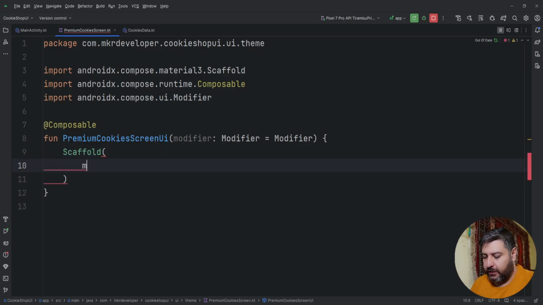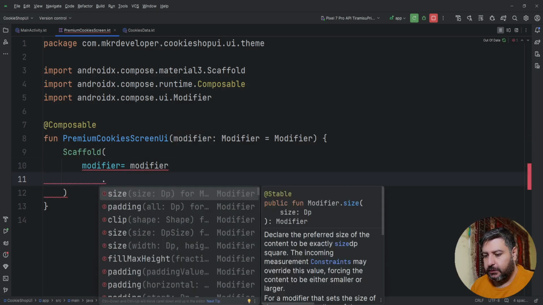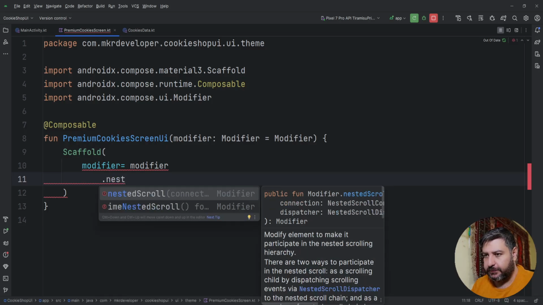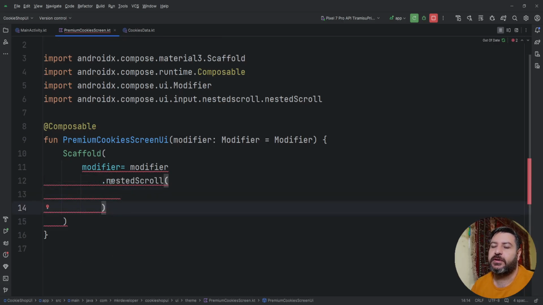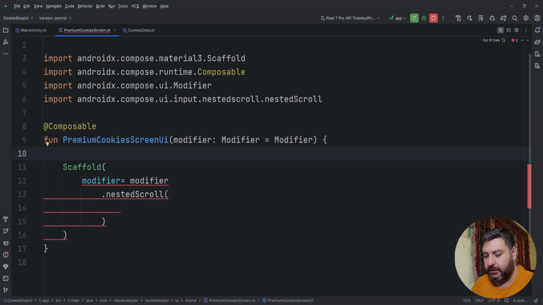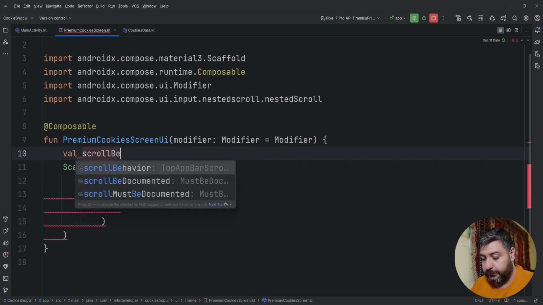The scaffold should have a modifier from the beginning, Modifier dot, or here dot nestedScroll. Later I will make a full video about nested scrolling, which is a bit different to a scrollable column or other things that we had. Here I need a variable, calling it scrollBehavior